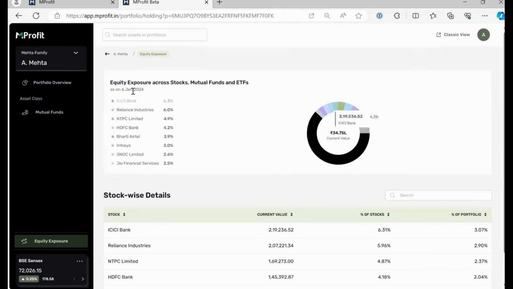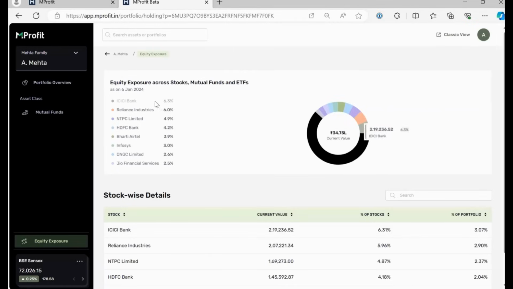So if you are invested in ICICI Bank directly yourself, but you're also holding mutual funds and ETFs that invest in ICICI Bank, and you want to track your combined exposure to ICICI Bank across all of these different asset classes, stocks, mutual funds, and ETFs, we're now providing those insights. So this is just the first feature we've launched for tracking equity exposure across stocks, mutual funds, and ETFs.